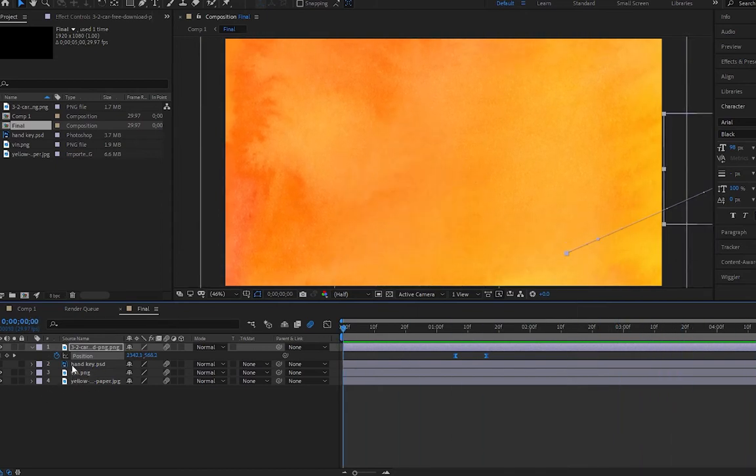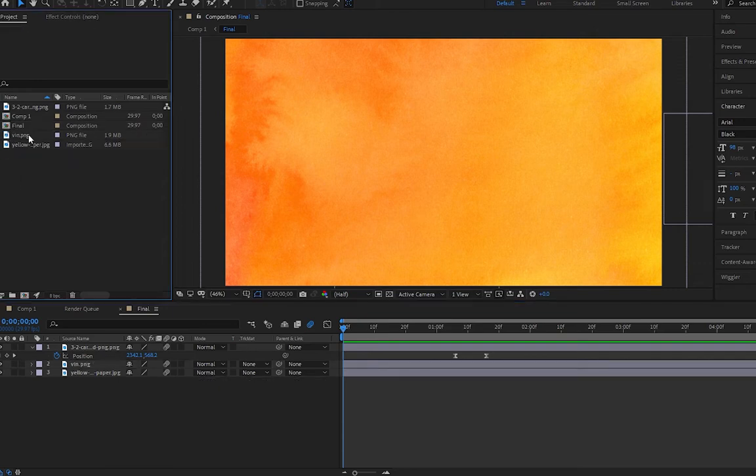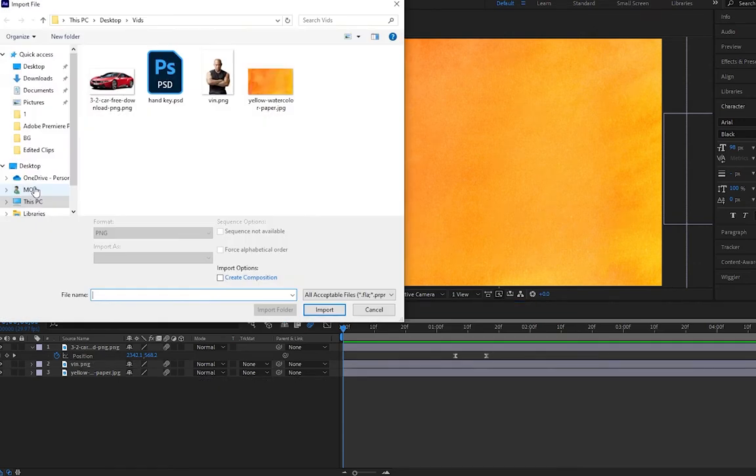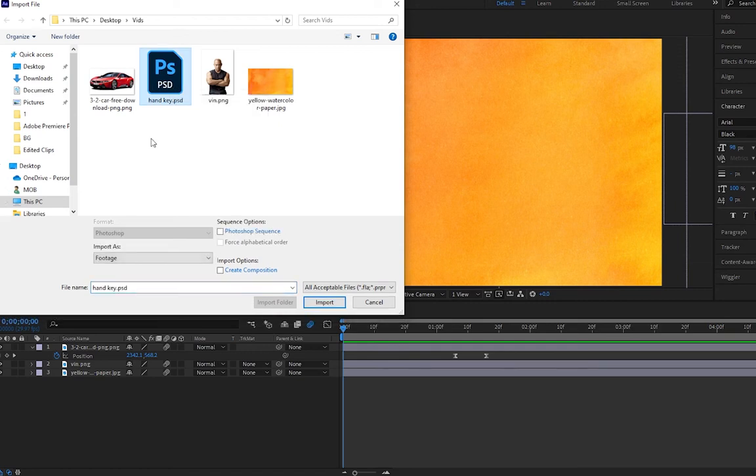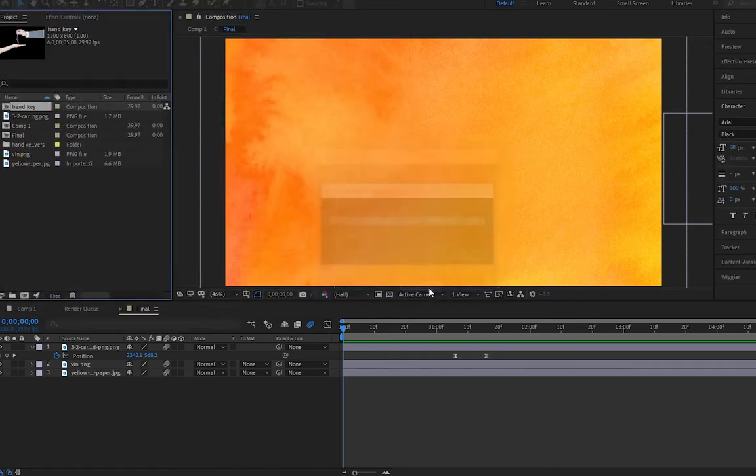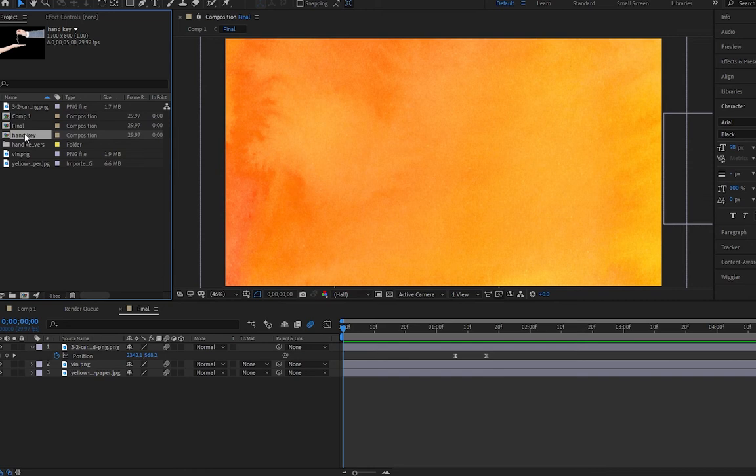So let's move in here. Oh, sorry, I have to delete these hand key PSD from here and here as well, and now I'm going to import it again. Simply one click on it and import as select composition retained layer sizes to get all the layers present in this PSD file. Click on the import and okay. Now I am dragging this composition